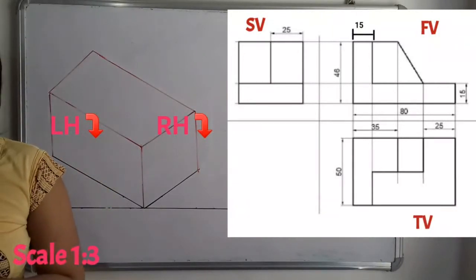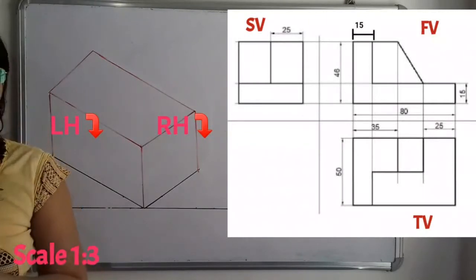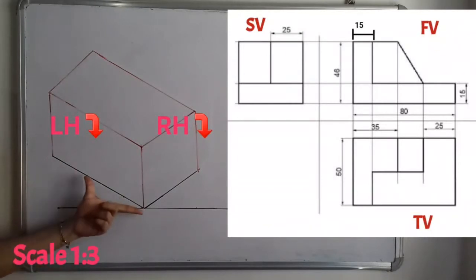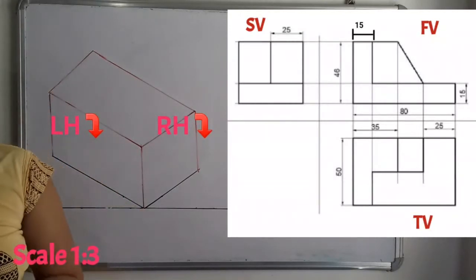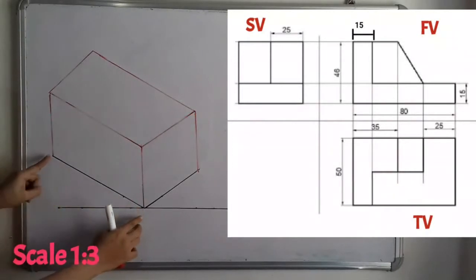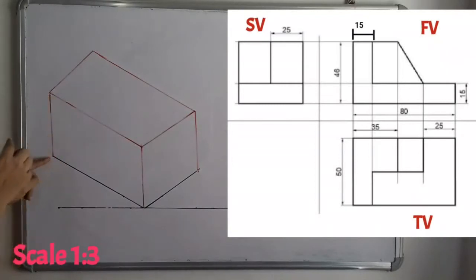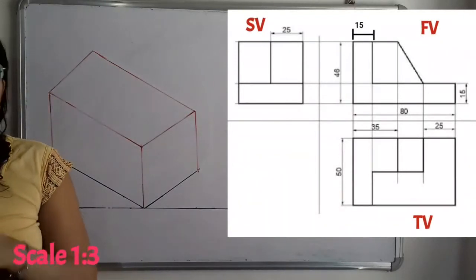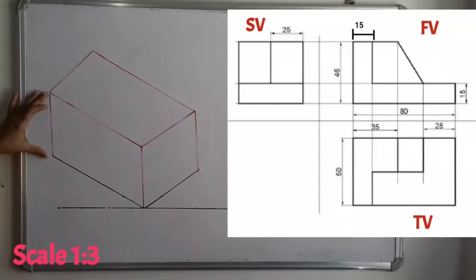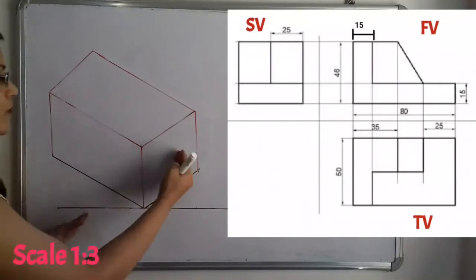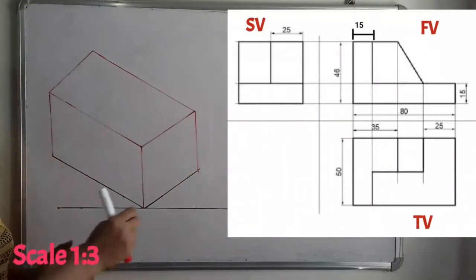What does the front view indicate? That is the true length and true height. This line indicates the length, so we take the dimension equal to length, that is 240 millimeter. Select the 240 millimeter dimension on this line, and from that point draw a vertical line. This vertical line indicates the height, so we take the dimension equal to height, that is 138 millimeter. Now this line is also parallel to this line, and we take the dimension equal to height and mark one point. Now we have to plot the side view on the right hand side.